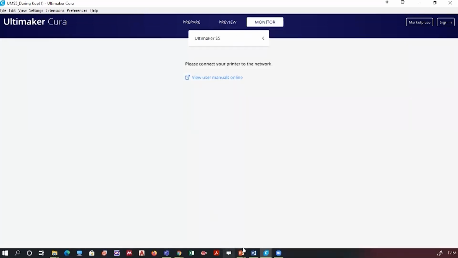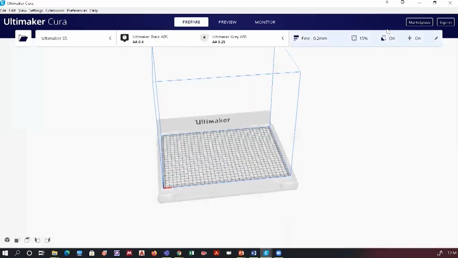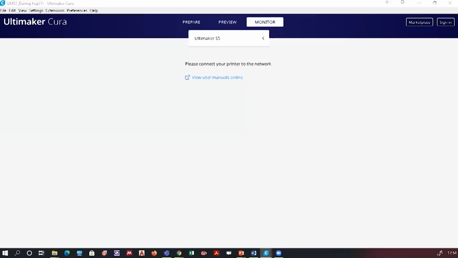Are you asking about this? Okay, just a second. Yeah, monitor is an option available. This will activate once your system is connected to the printer. When I go to the monitor option, it says please connect your printer to the network. Right now I'm sitting at a different place.